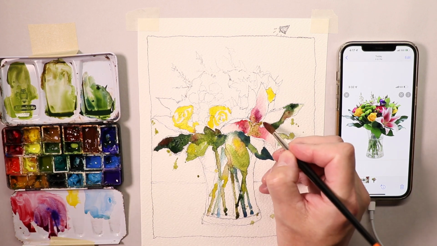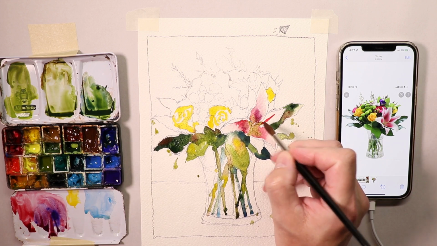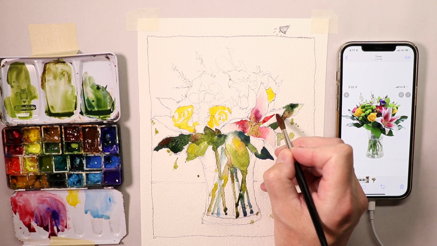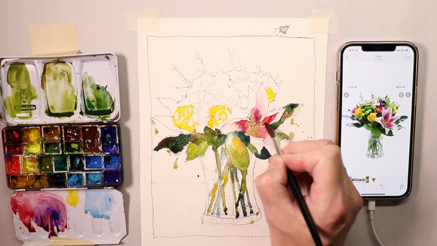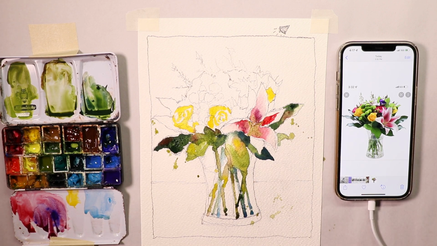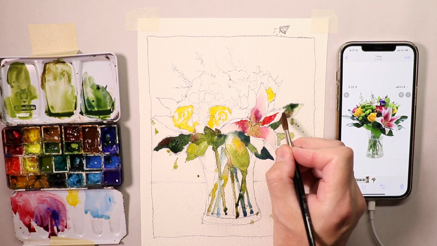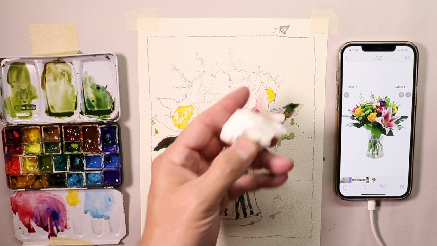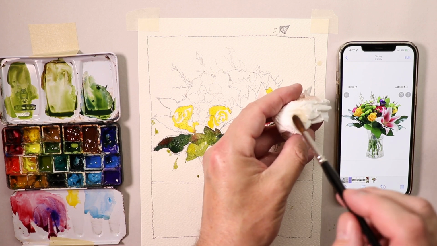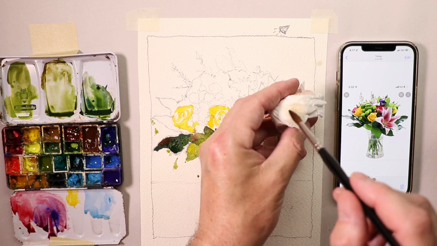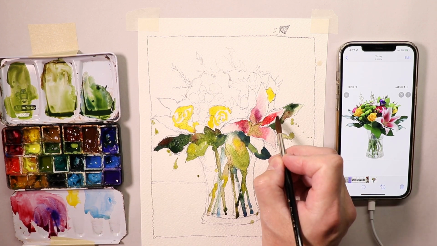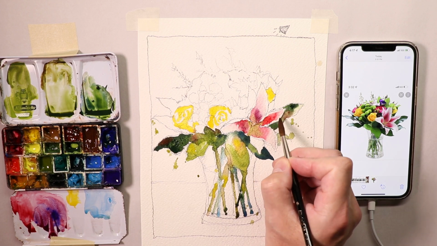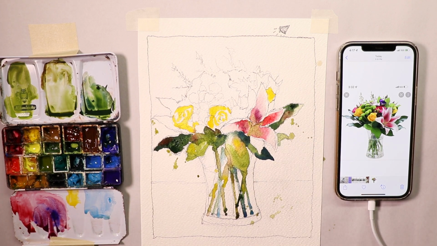And then we can continue on, and let's get this. And then a damp brush, rinse off the water, rinse off the brush, dry off a little bit of the water on the tissue so you don't have too much water on the brush, and then you can just gently soften out that